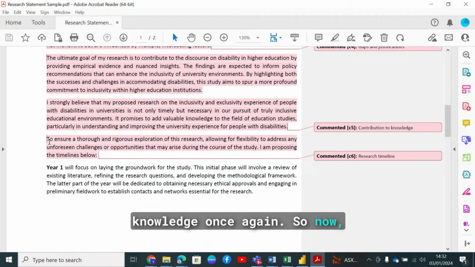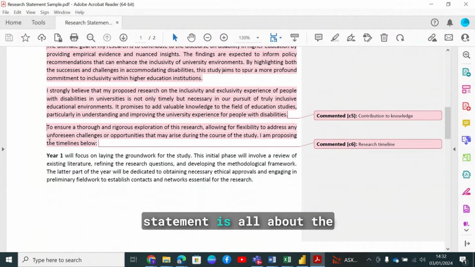Now the last section of this statement is all about the timeline, because it's very important. This is something you're thinking of, and how do you achieve this purpose? Just like I said at the beginning of this video, there is no one size fits all approach to writing these things. This is my own idea, my own thinking, so you might write yours differently. But if you're still struggling or you don't even know how to start, this could get you started.